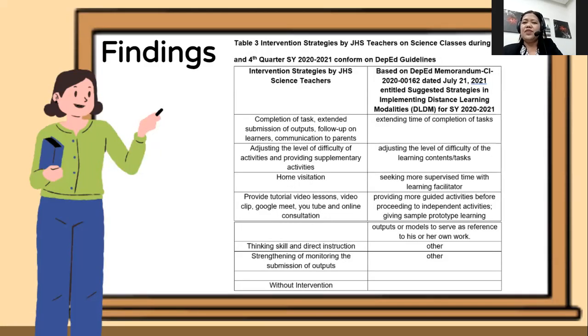For Table 3, which is all about the intervention strategies given by the junior high school science classes for the third and the fourth quarter for school year 2020 to 2021 conforming to the DepEd guidelines. As we can see on the table, the first column has the intervention strategies by the junior high school science teachers. And then the second column is based on the DepEd memorandum, according to CI